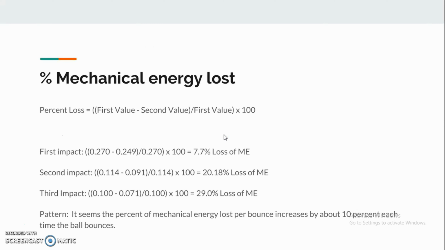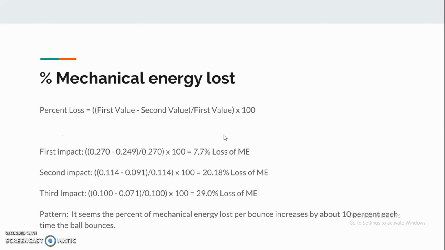For our first impact, the initial mechanical energy was 0.27 joules, and the end value for it was 0.249 joules. So we had 0.27 joules minus 0.249 joules, divided by the 0.27 joules, multiplied by 100 to give a 7.7%